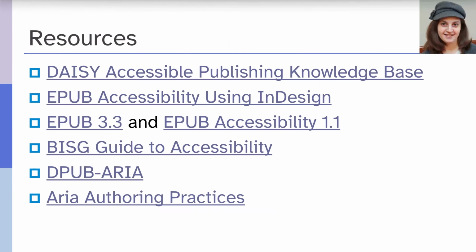So I will hand it off to Sophia to talk about some of the resources for accessible EPUBs. Thank you. So this is by no means an exhaustive list, and I'm sure I've left out some valuable tools, but we put together a few items here. The first is the DAISY Accessible Publishing Knowledge Base, which breaks down the common elements in an EPUB and tells you how to make them accessible. It's my go-to whenever I have a question about EPUB, and it includes metadata. There's a course on lynda.com for how to make accessible EPUBs using InDesign by my good friend Laura Brady. It's really a must use if you're creating EPUBs from InDesign.